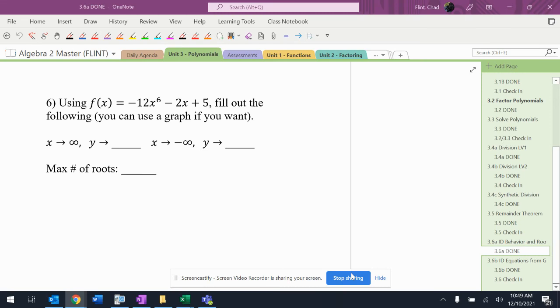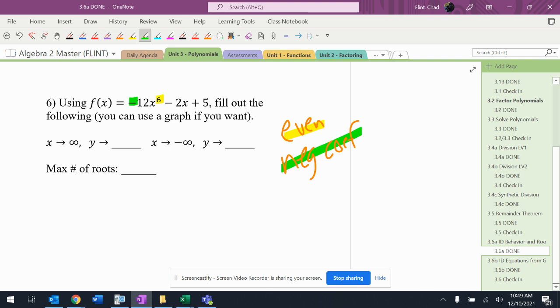So if we want a graph of this, we can use a calculator, but we really don't need one for the questions that it asks us to do here. It wants to know what's going to happen at the ends of this, which is an even degree, because it's a sixth power, so even degree, and it has a negative coefficient. Okay, so the degree is right there, even degree, negative leading coefficient, the one in front of the